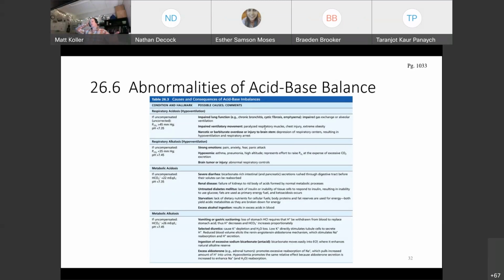and lead to metabolic alkalosis. In the 80s, there were a series of runners who thought, well, if I take baking soda, which is sodium bicarbonate, before a race, that will help neutralize the acids that they build up through metabolism through exercising. Well, the problem is for some of them, they went into metabolic alkalosis, but also for some of them, if you consume baking soda, it actually causes diarrhea. And so that just leads to all kinds of mess and embarrassment. And also if you have, say, a tumor on your adrenal gland, so you have too much aldosterone, you get excessive reabsorption of sodium, which pulls increased amounts of hydrogen ions into the urine, basically leads to alkalosis.